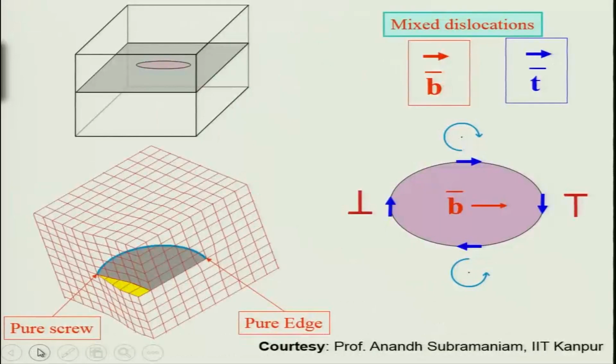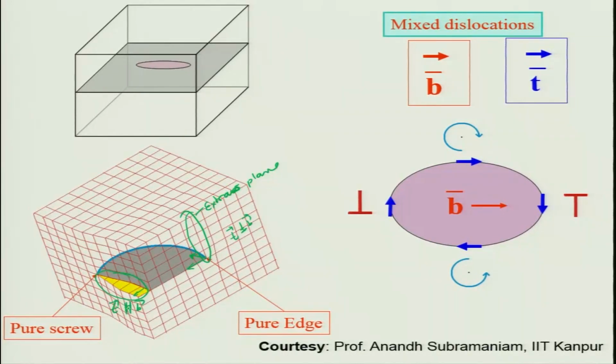In reality, what happens is that we have a dislocation which could be in the form of a loop, or it could be in this form, in which on one side, if you look at the crystal, it looks like a screw dislocation. This is the screw component because the Burgers vector is parallel to the slip line. But here, if you look at this part of the crystal, this is the edge part. This is the extra row or extra plane, and here you can see that the Burgers vector is in this direction and T is in this direction. So, here T is perpendicular to B and here T is parallel to B.